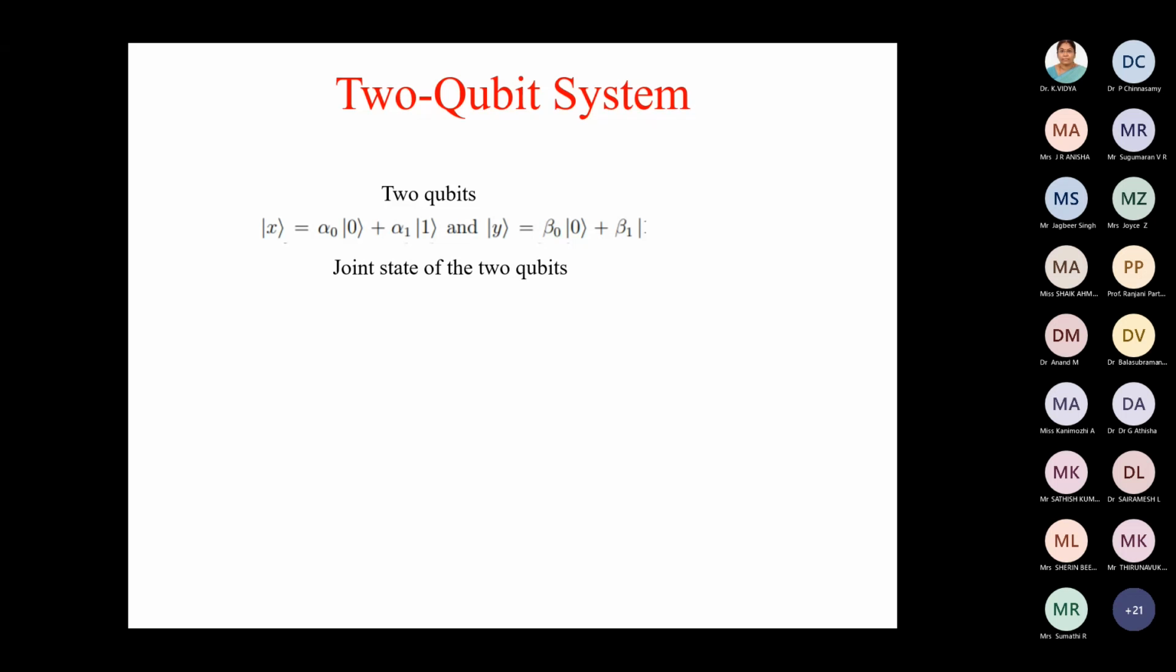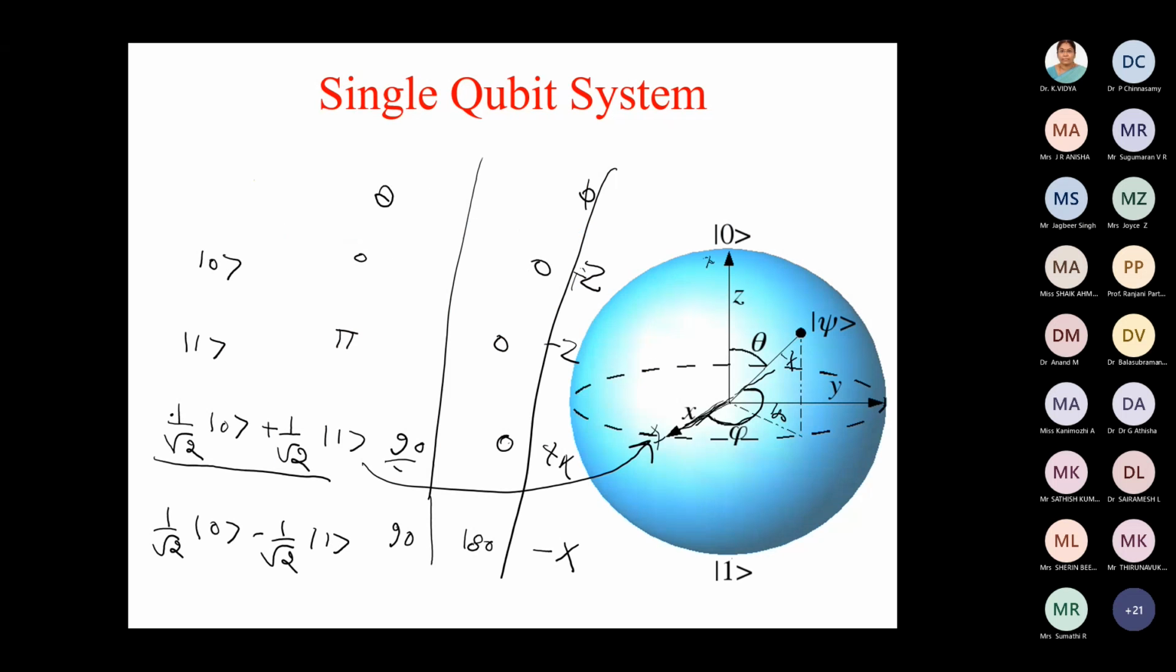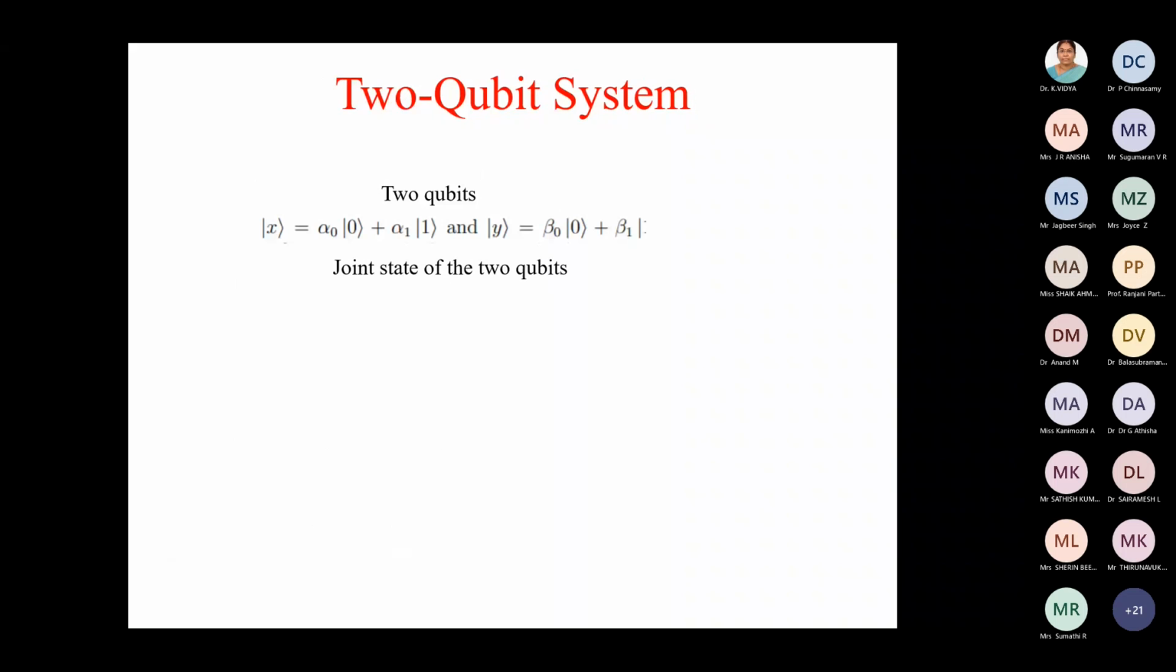So single qubit, we have seen that this single qubit is just a combination of 0 and 1, and it can lie on the surface. So it's a mathematical way to represent a qubit and understand it. But in case of a 2 qubit system or more qubit system,